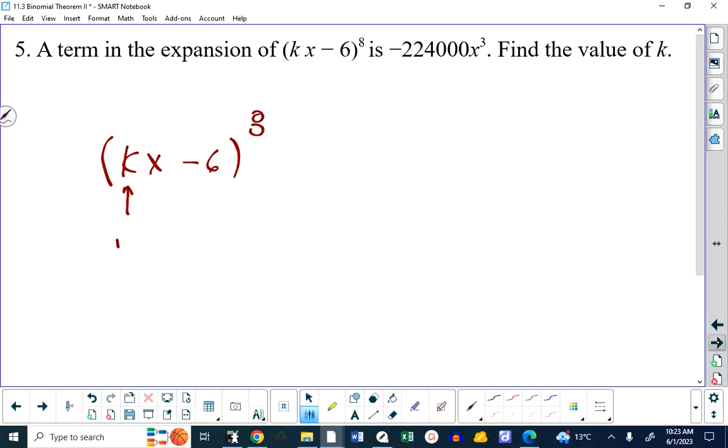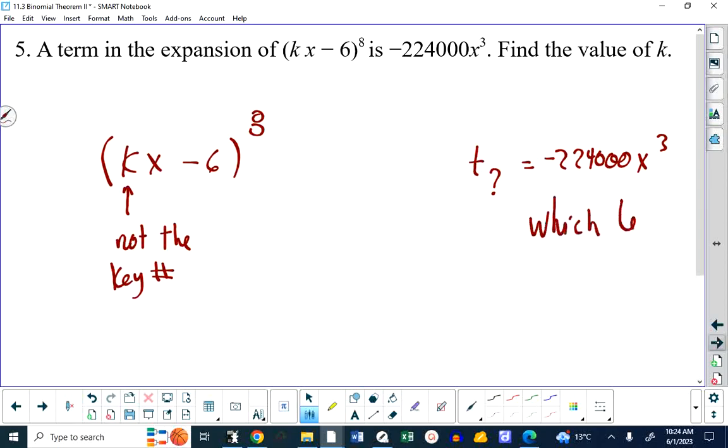Obviously, this is not the key number, right? That k is not the k in our formula. It's just some constant. And we're told that if you expand this out, you get a term that's equal to 4000x cubed. So what number does k have to be in this binomial so that when you expand it out, you get this? Well, our first job is